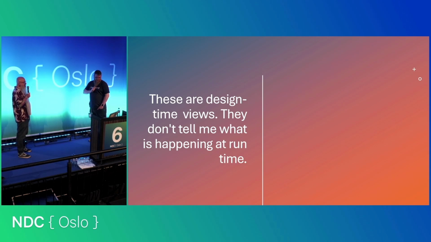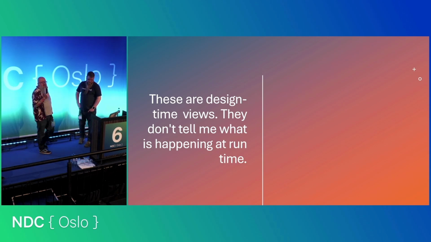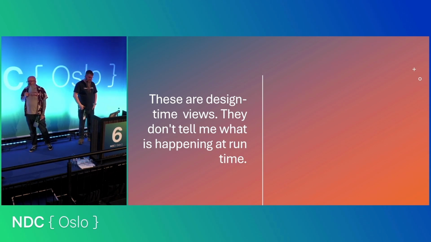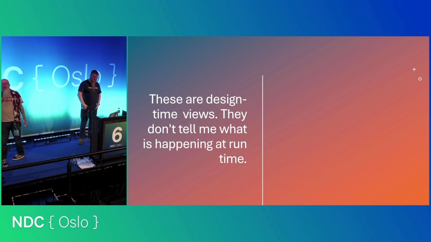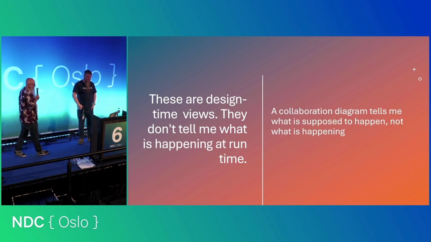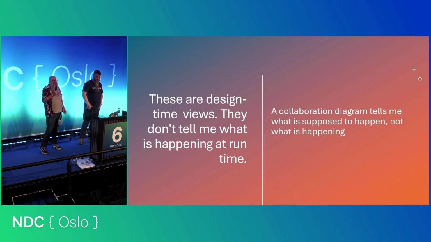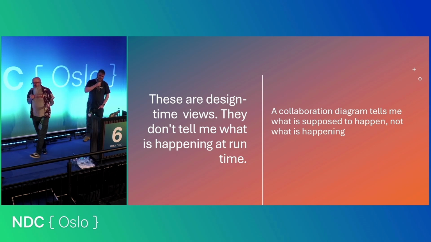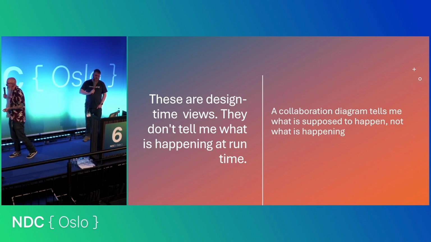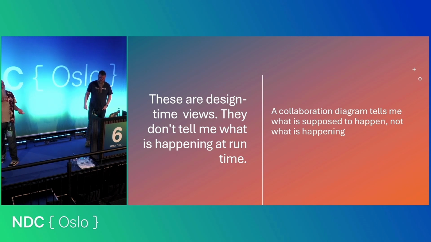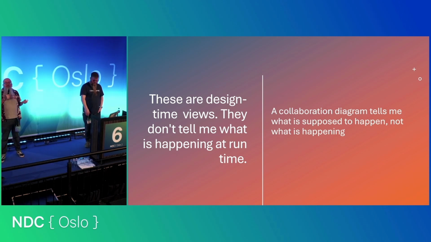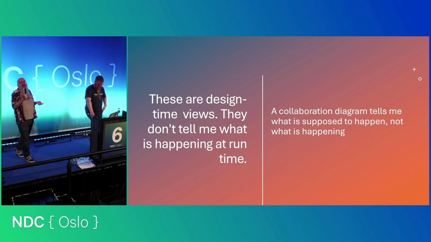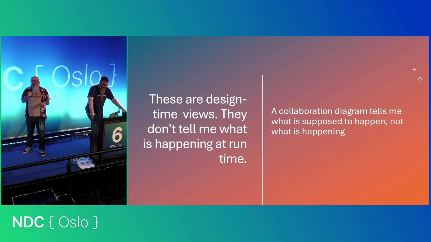So effectively these are design time views, and they give us no insight into the runtime behavior of our system. It tells us what was supposed to happen, not what is actually happening. And so we can't tell things, for example, like if a message doesn't reach us from the courier giving us an order status update, which is what happened when we were trying to test it. All I know is I'm not receiving a message. I don't really know what that means.